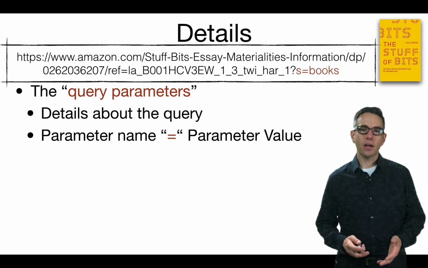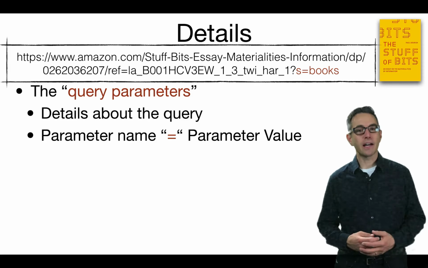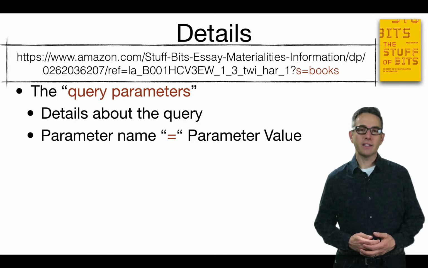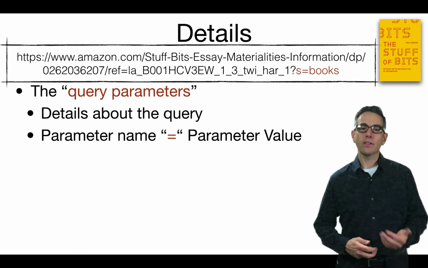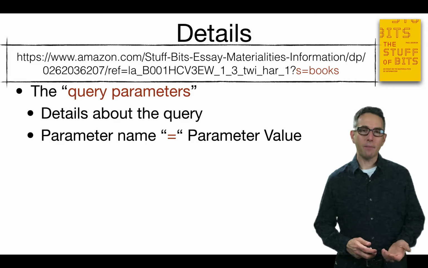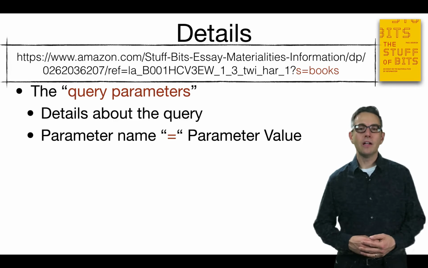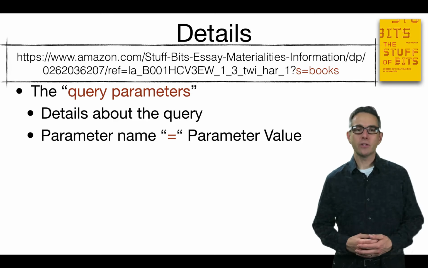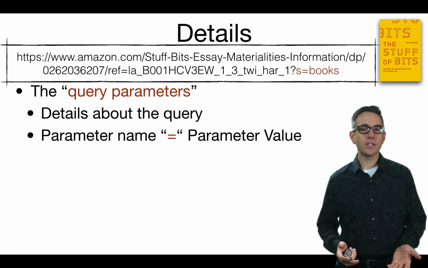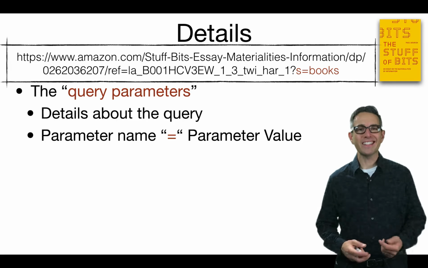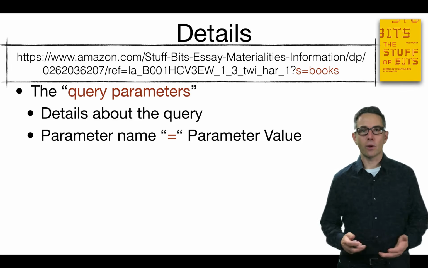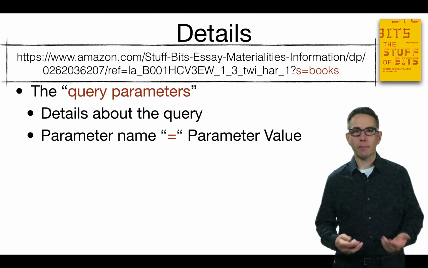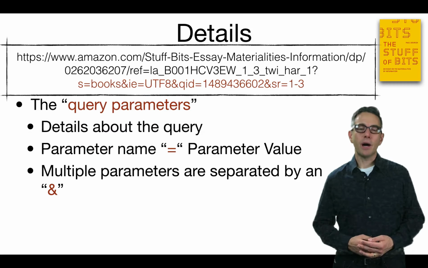What follows the question mark are the query parameters and the query itself. So we often find different components of our query specified with equal signs, where the left side of the query will be a parameter name and the right side will be a parameter value. So in this case, we're passing a query to Amazon.com about this resource where we're saying we want S equal to books. I don't know for sure what that means. It probably means that we're looking for the versions of stuff, of bits, that are formatted in book format. Hardcover, paperback, maybe Kindle. There are some other ones.